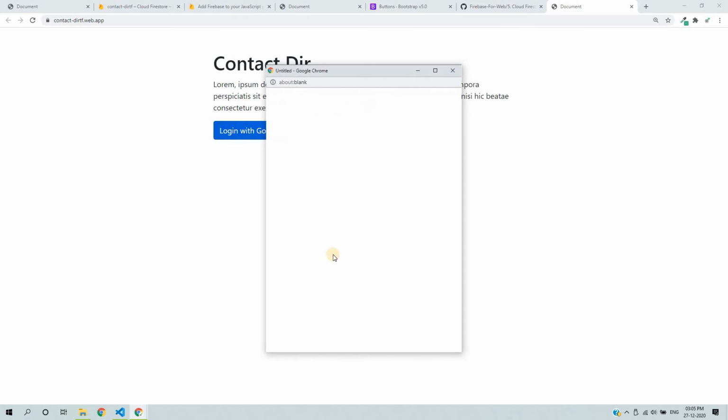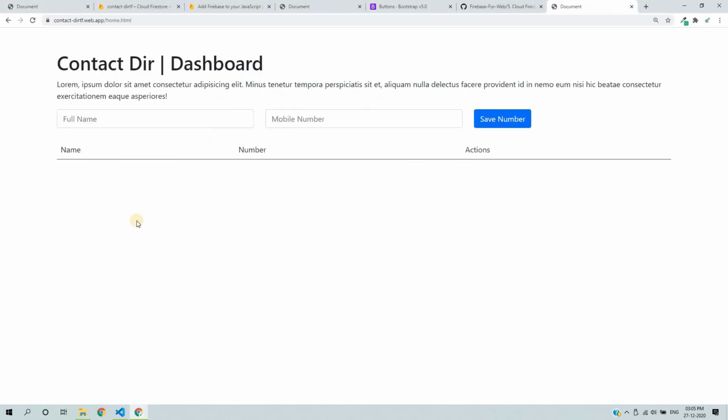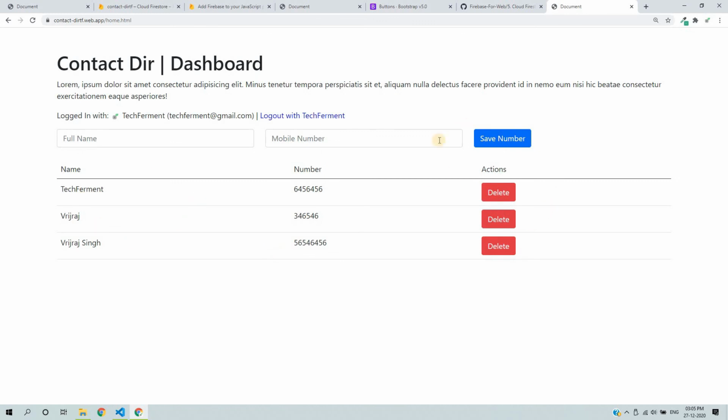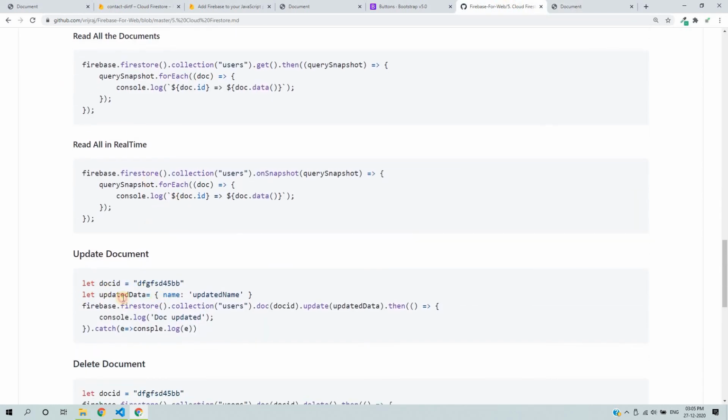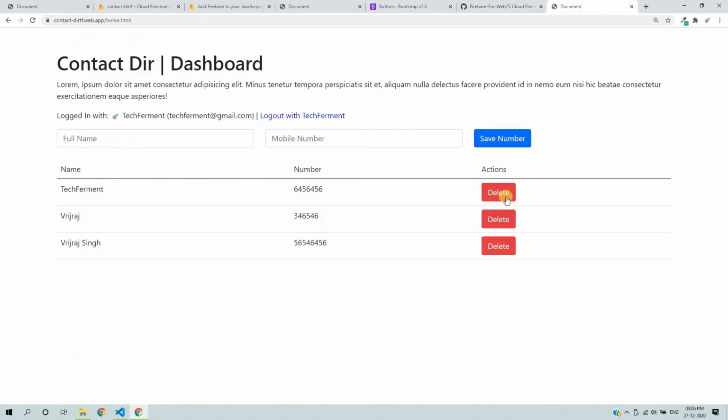So we have to authenticate the user. After the user is authenticated, these are all the data. Similarly in JavaScript, we can perform the edit operations. You can go to the document, and we have a method like the update method. First we need to say which document you want to update, so you pass the document ID, and then we call the update method. Inside we can pass the updated JavaScript object, and that's it. So we can easily update the document.